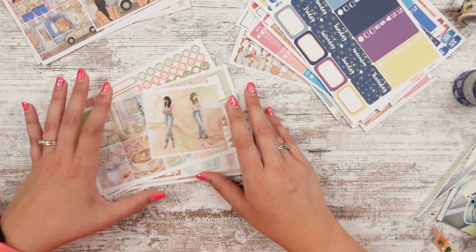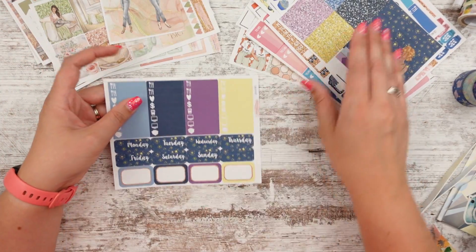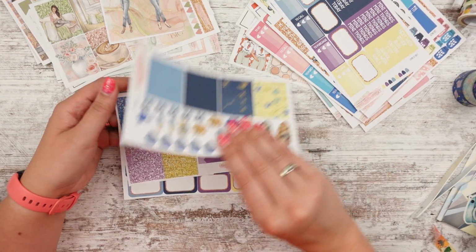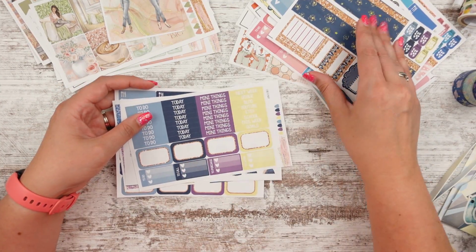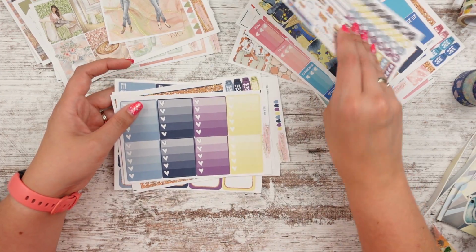So, all right, I need to stack these back up so I know what their covers are. But her kits, or their kits, I should say, their kits always inspire. Where are my words today? Inspire me to make new